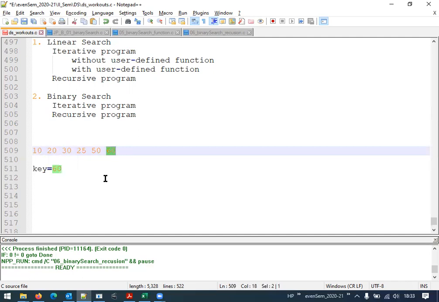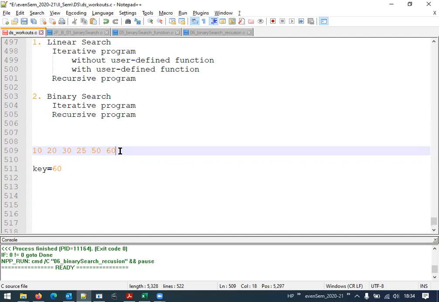That means if the number of elements in a given array is more, like in a real-time scenario, something like 1,000 elements, and you want to search a particular element, if that number is present at the end, then the search will keep on going, comparing the first element with the key element. If it is not, then it will compare the second element, then the third element, up to the 1,000th element. So 1,000 comparisons will happen. So the technique we use in the sequential search may take a longer time if the element is present at the end.